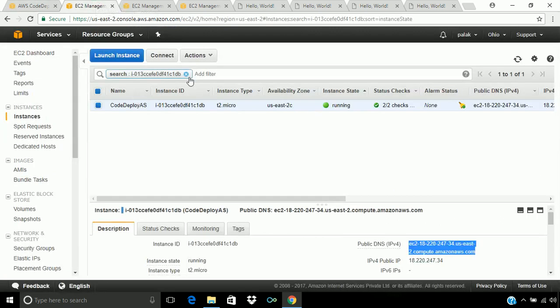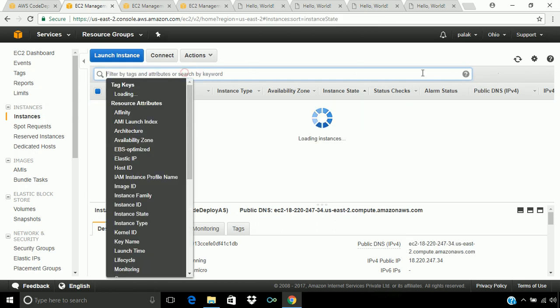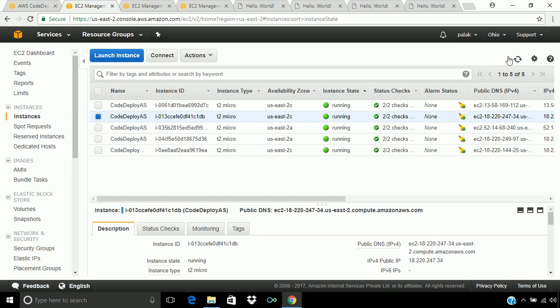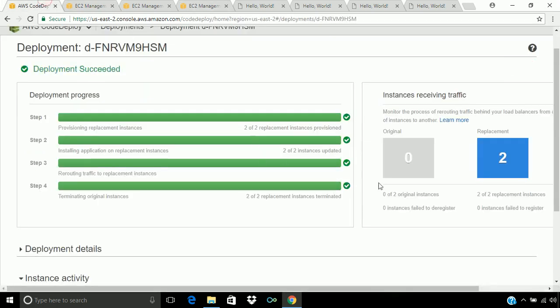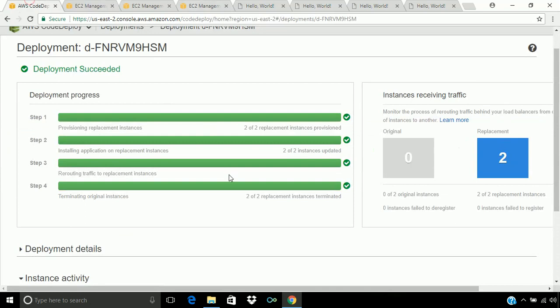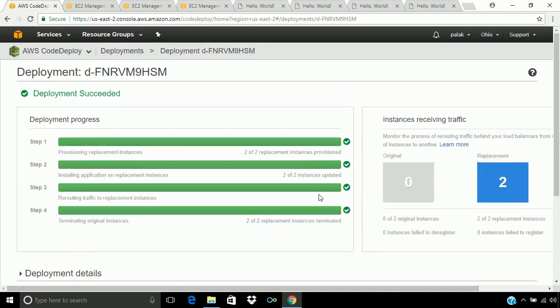We can also see here that it will terminate those two instances which are in the original environment. It will be shutting down. So let's refresh this, and in a few seconds those two instances will be shut down. So our blue-green deployment has been completed.